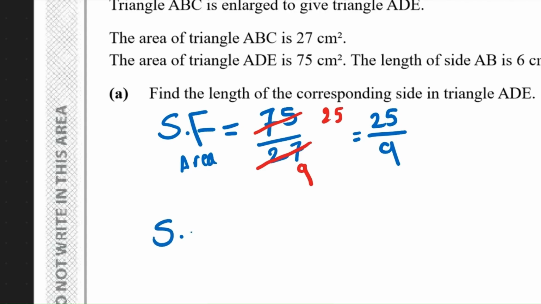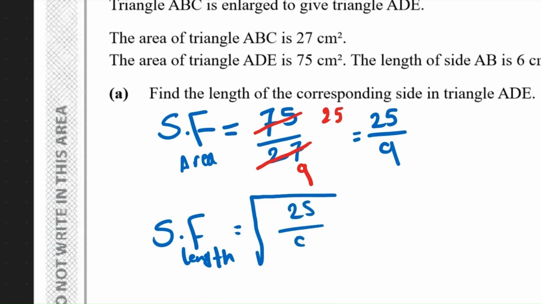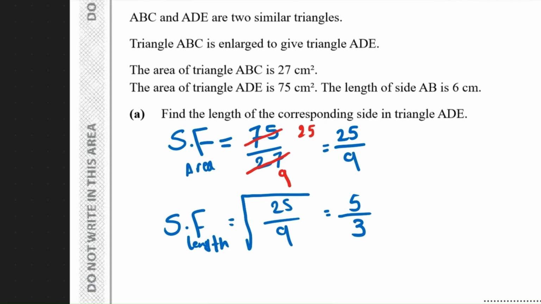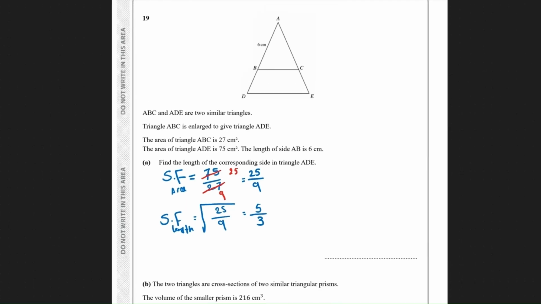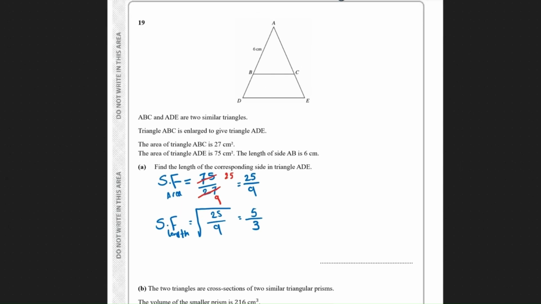Now we will need to get the scale factor of length here, which we need to get by square rooting what we got from the area. So we can say square root of 25 divided by 9, or square root of 25 divided by square root of 9, is the same thing. The square root of 25 is 5, the square root of 9 is 3. So what we need now is to calculate the required length, which is AD. We know that AB is 6, so